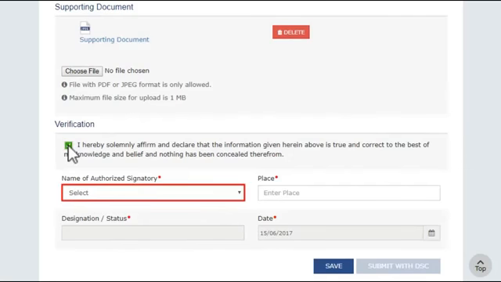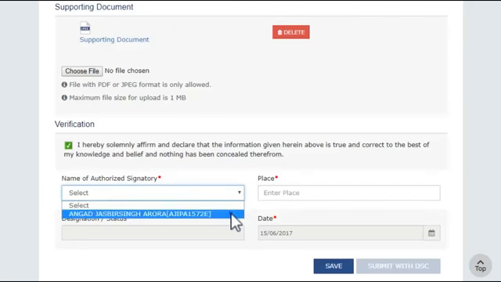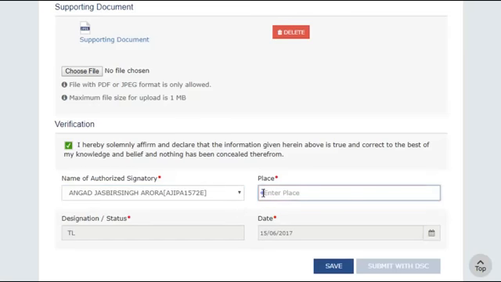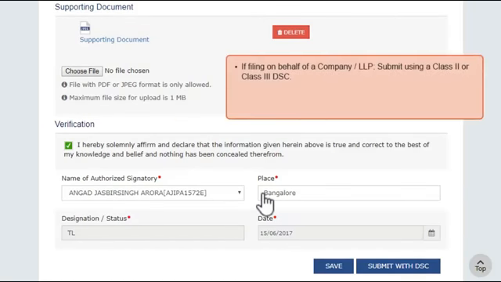Select the name of the authorized signatory and submit the clarification using PAN-based Class 2 or 3 Digital Signature Certificate (DSC) in case of company or limited liability partnership (LLP). But before submitting the clarification using DSC, the DSC needs to be registered using the Register DSC service on the portal.